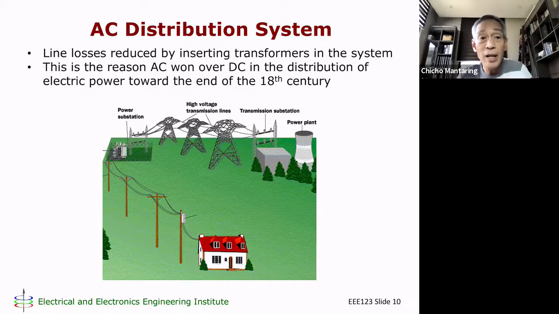And this is the reason why AC won over DC in the distribution of electric power toward the end of the 18th century. There was some politics going on there. In fact, I think there was a movie made of this quite relatively recently. See, Thomas Edison was a proponent of DC. He wanted everything to be DC. On the other hand,